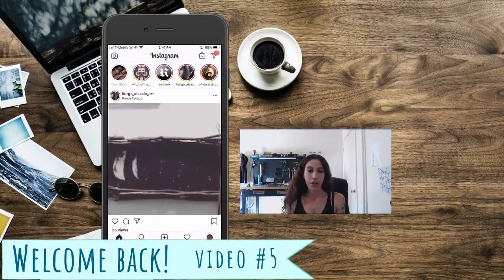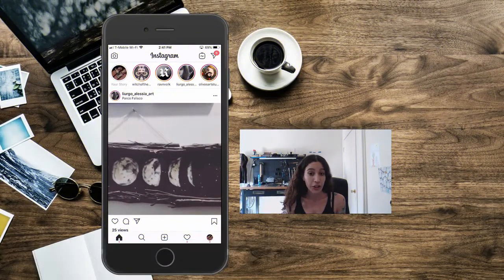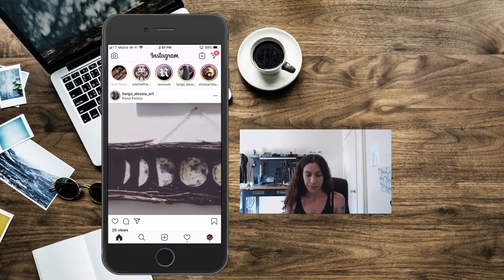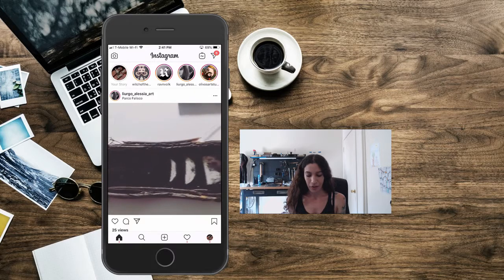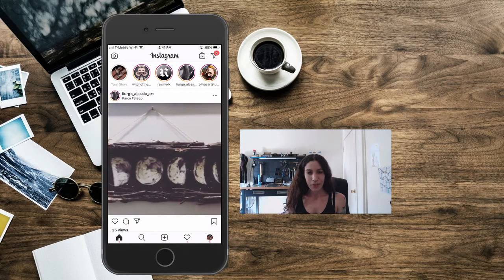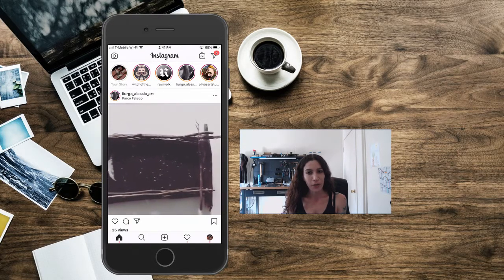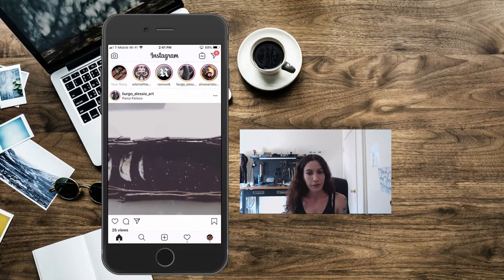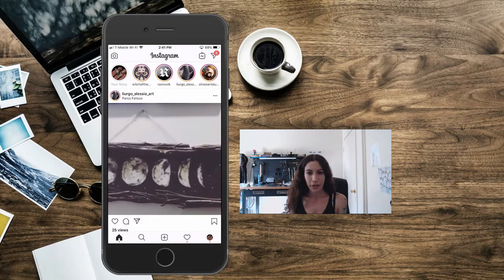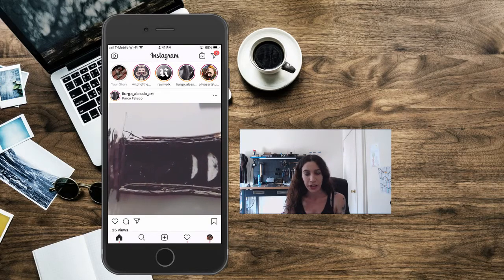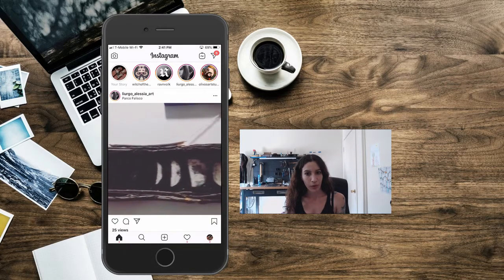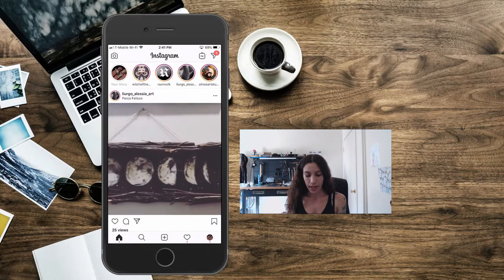So today we are going to make an Instagram story post. We're not actually going to post it because I have nothing to post, but I'm just going to show you. Instagram Stories is Instagram's version of Snapchat. Whatever you post is going to be there for 24 hours. You can post as many as you want, and it'll be a whole series of videos for the last 24 hours. And you'll see up here on the top,